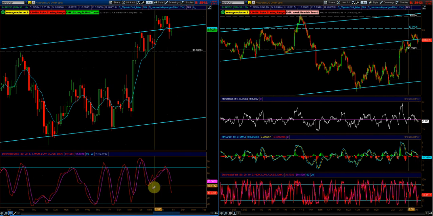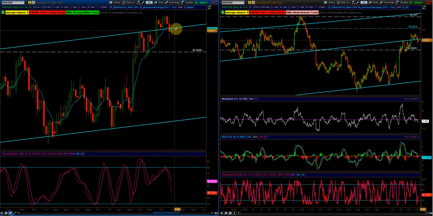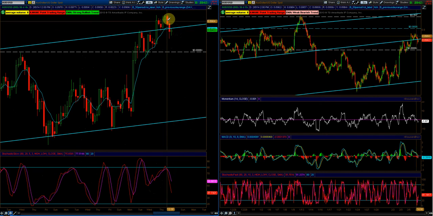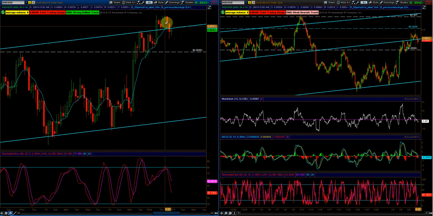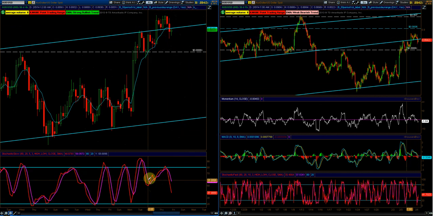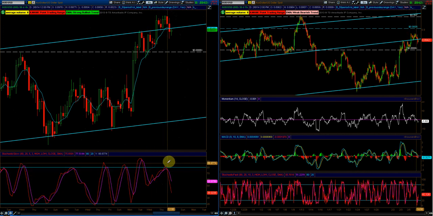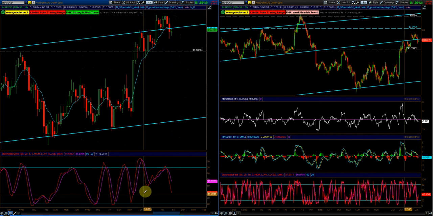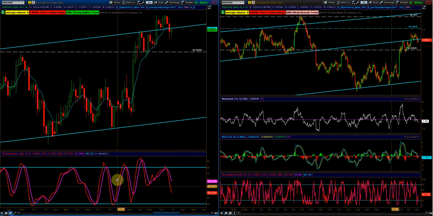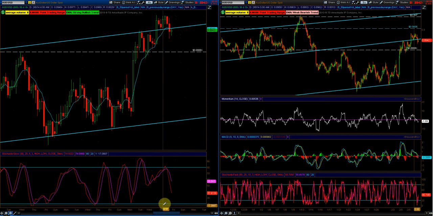Now, what I'm looking at, and why I believe we are in a position to take a nice short position: taking a look at the price action in the candles, it's obvious that there's significant weakness, at least short term, for this particular currency pair. And on the stochastics, we have coiled up stochastics heading in the up direction in overbought territory. Just like I've said in previous videos, when you have coiled up stochastics heading down in the oversold, that's usually an indication of